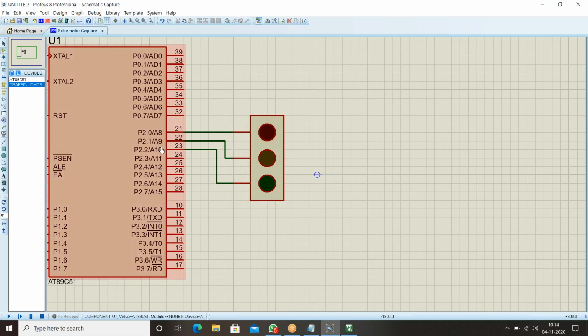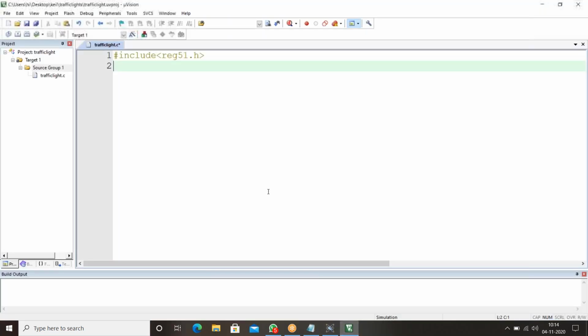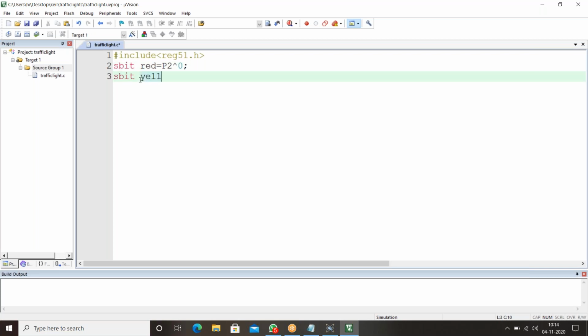So sbit red is equal to P2^0, sbit yellow is equal to P2^1, and sbit green is equal to P2^2. Clear? So the hardware declaration is over.